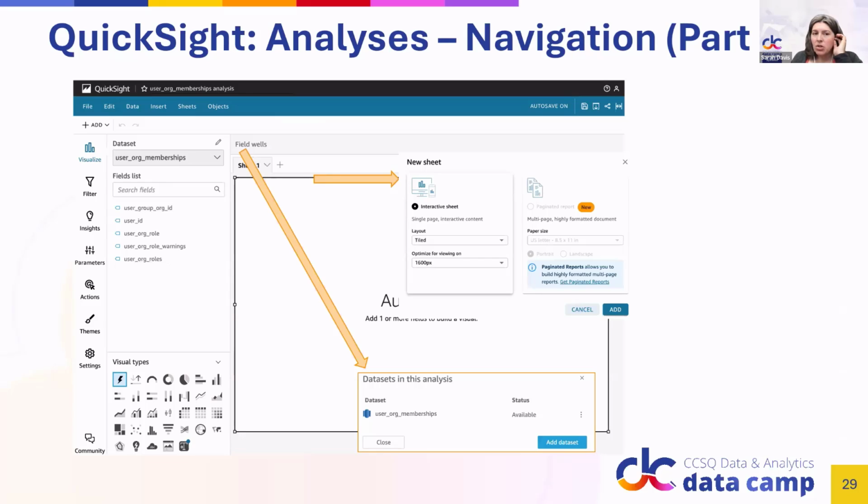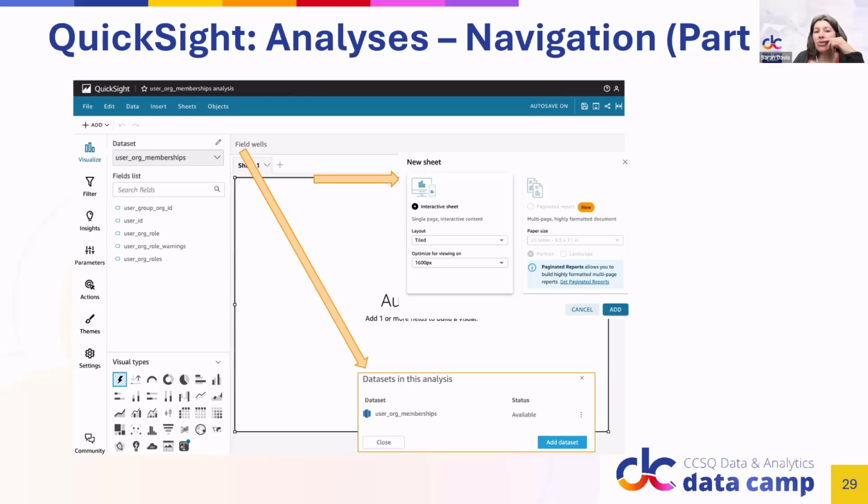So when you want to get started, field wells will pull up the data sets that are in your analysis. If you need to add in a second data set, because the way we navigated, we selected one data set and made an analysis, you have the ability to do that under Data set and then the Edit button. You can go in and select the blue button of Add data set. And then that will give you another option in this drop down bar underneath Data set.